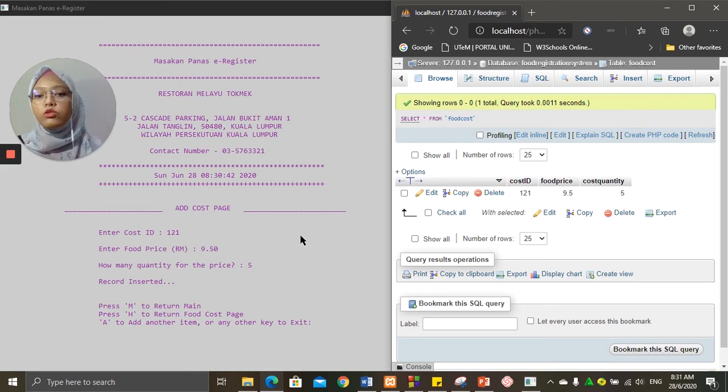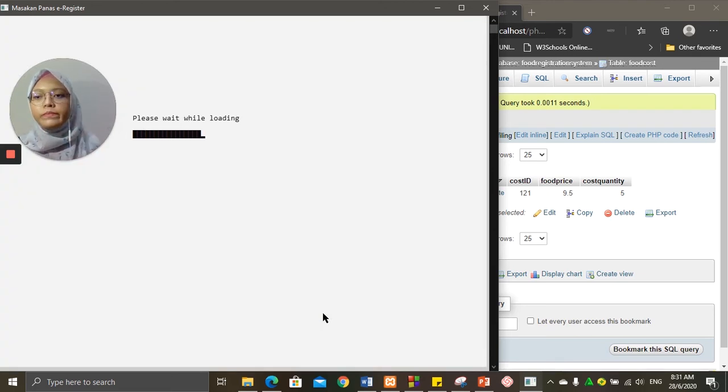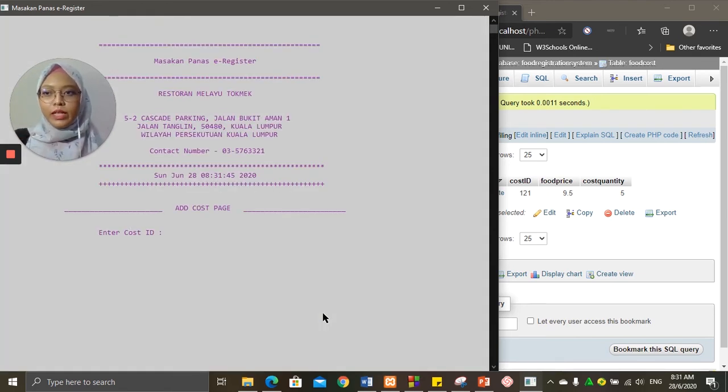Okay, now we will do the adding with the error handling. What if for course ID we put a character? Because course ID I also set as integer. It says invalid integer, please try again.